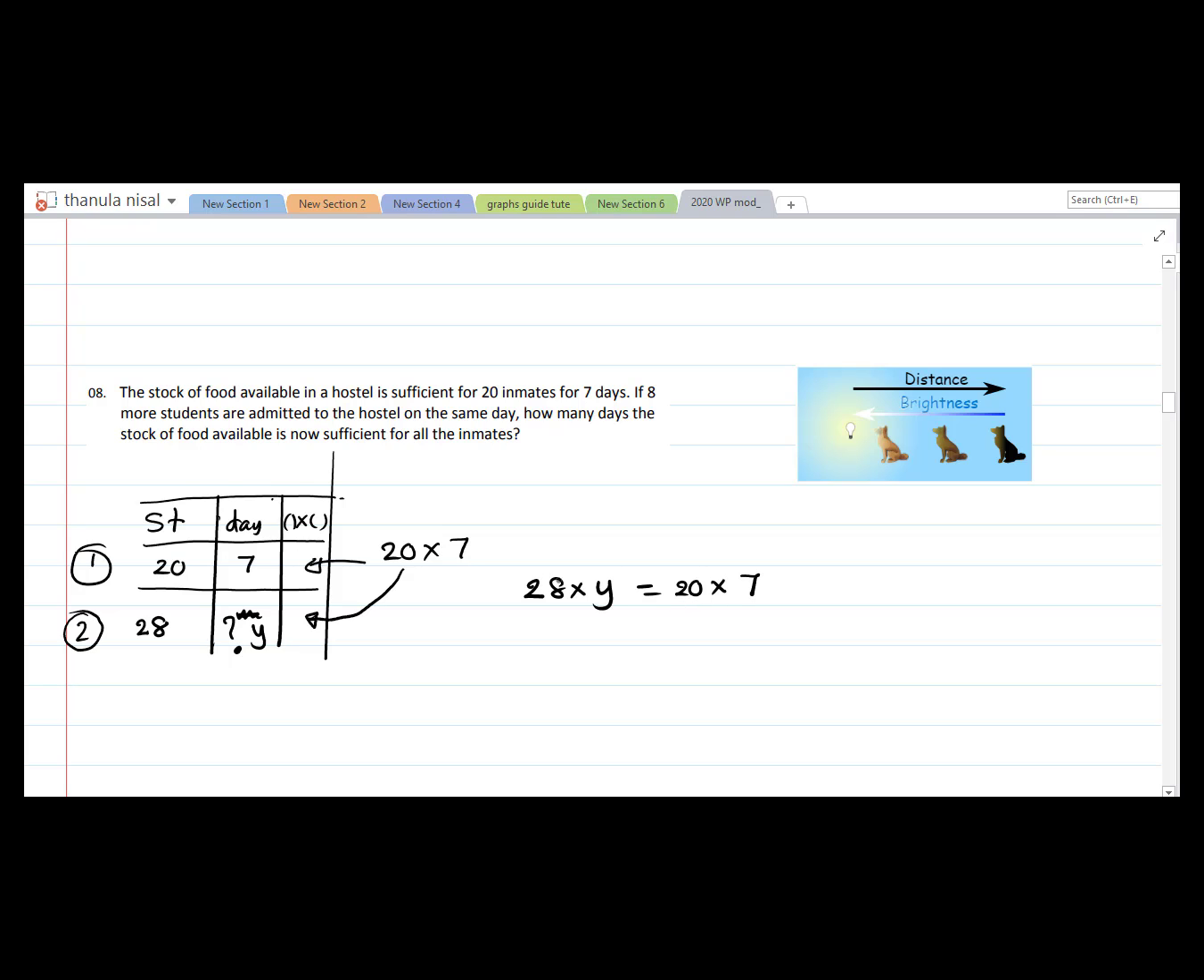So 7 times 1, 7 times 4, therefore y equals 20 over 4, that is y equals 5. Therefore at the beginning 7 days are sufficient. Now when the number of students increases, days are decreasing, the new value is 5. Okay,